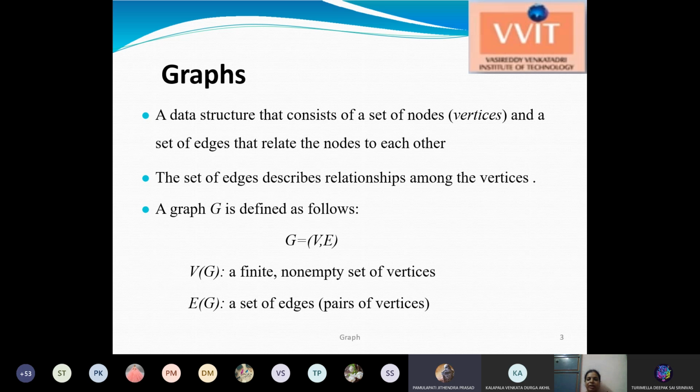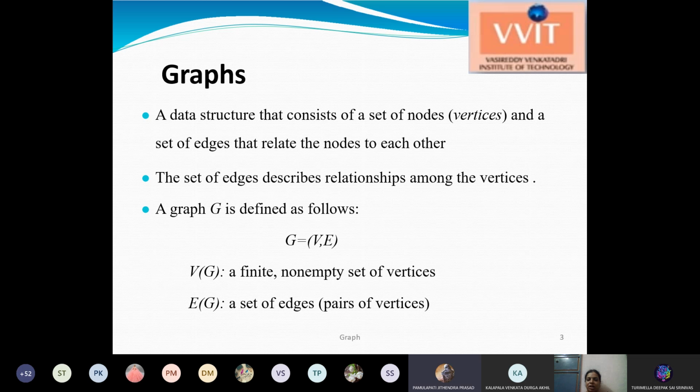Whenever we represent a graph, we represent it with the letter G, vertices with V, and edges with the letter E. So V of G is called the vertices of the graph. It is a finite, non-empty set of vertices. That is, if a graph exists, you should have at least one vertex. Without vertices, you cannot have any graph.